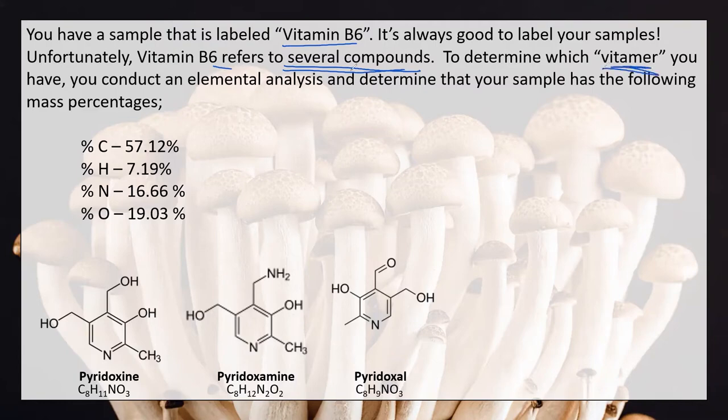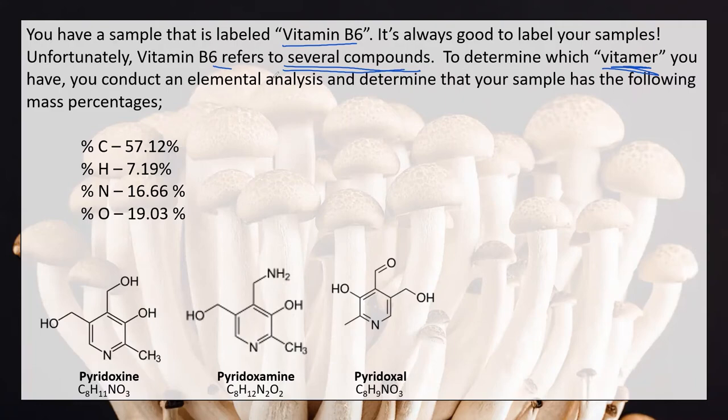To distinguish that they aren't all the exact same chemical. So to determine which one you have, you conduct an elemental analysis and determine that your sample has the following percentages of carbon, hydrogen, nitrogen, and oxygen. What always tricks me up when I have to do an empirical formula problem like this to figure out what vitamer I have is they don't tell you how much sample you have,